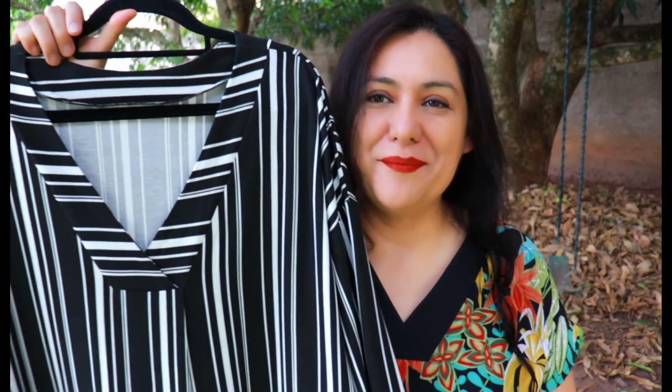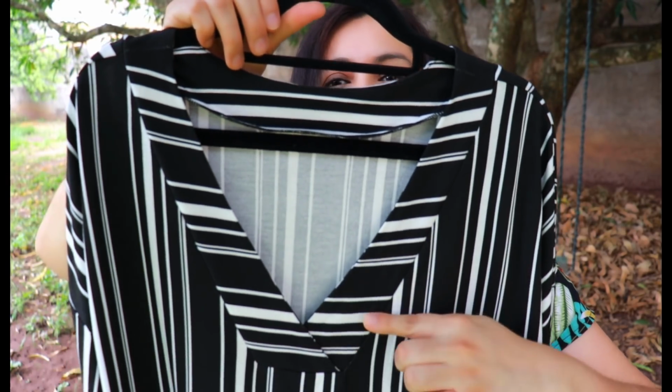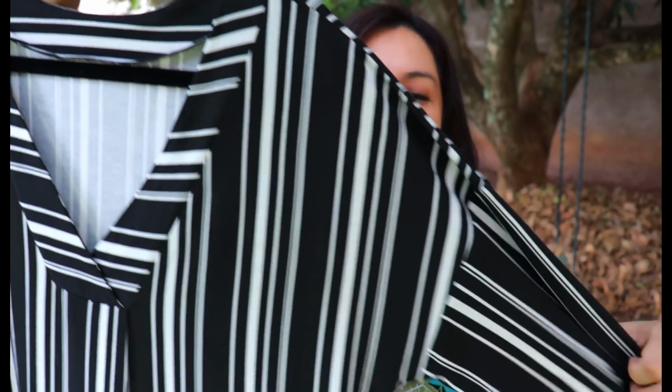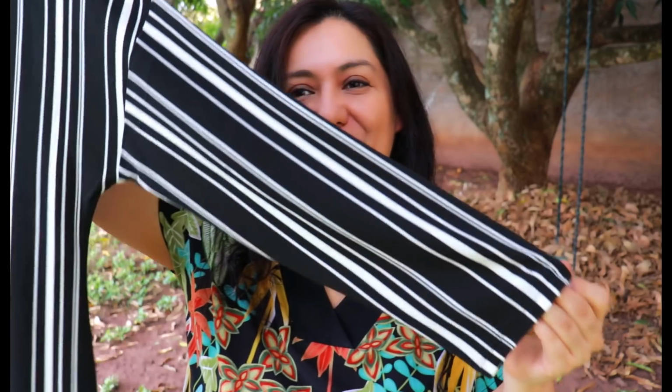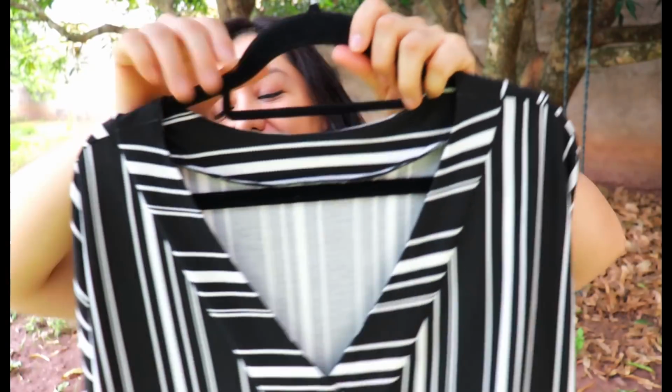Here is my stripy dress, vertical stripes, horizontal collar. It looks absolutely beautiful. Look how these match right there. So nice. The dolman sleeve extension to make it long is right there. You saw how easy that was to draft and to sew and to true to that curved shape underneath the sleeve. Very easy. You can apply this technique to any other top that's a dolman that you want to create